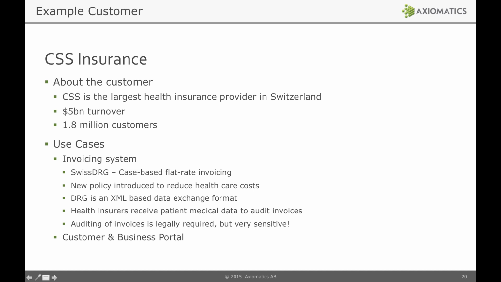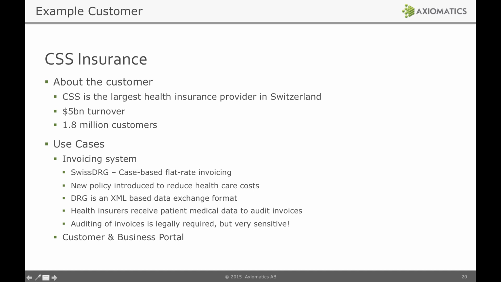That database could not be directly exposed to the outside world. That would have been a threat. So what they did instead is use an API gateway. Back then it was called the Layer 7 API gateway, which is now the CA API gateway. They exposed their data through that API. They created a well-defined API and methods on that API to expose the data to external consumers of that data, the partners and the customers.